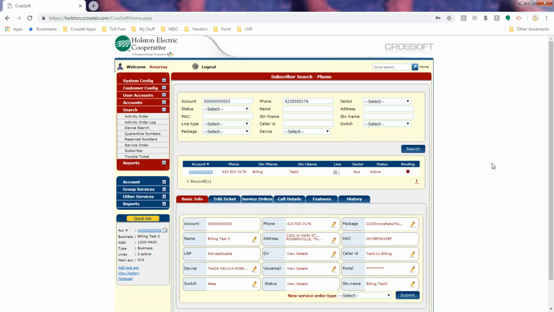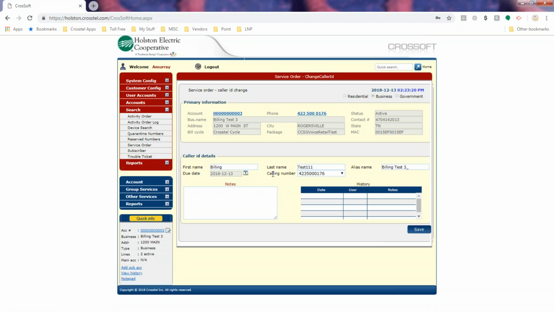But for additional lines, you'll need to indicate to CrossSoft what phone number it should display on outbound calls. So if that's necessary, you would assign that override calling number feature into the subscribed features, and then from the caller ID settings,